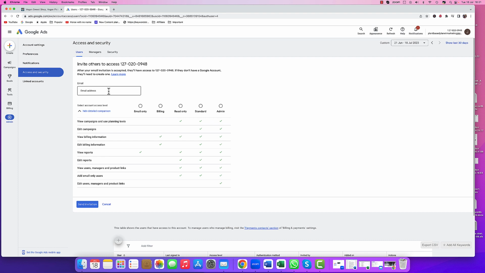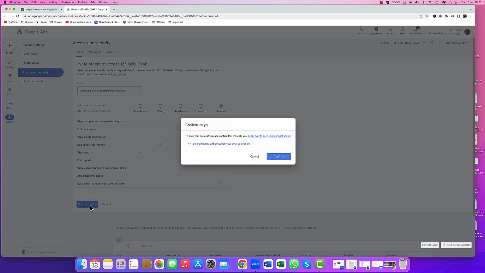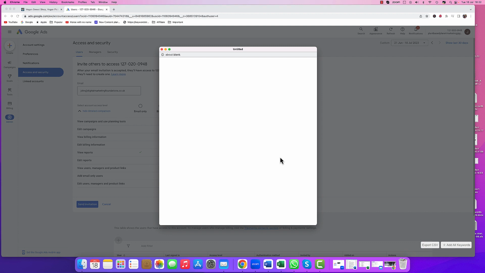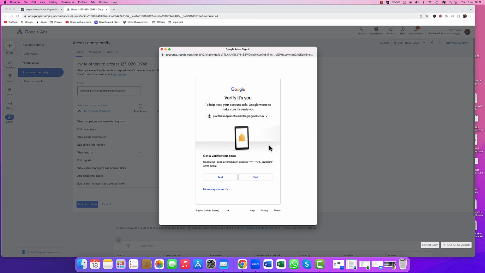So what I'm going to do is I'm just going to add you, John, as a user with full admin rights, and I'm going to send you the access like so. Confirm it's you. Yes. So basically it's asking me for a text,